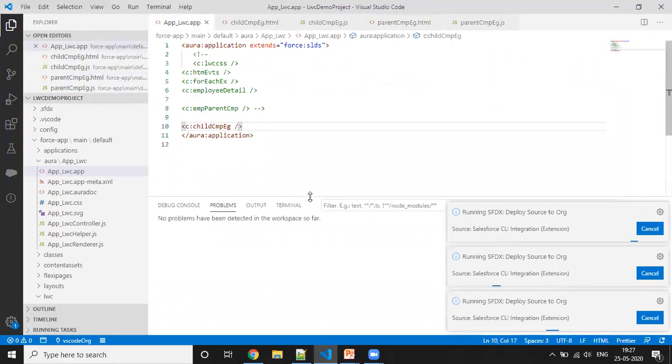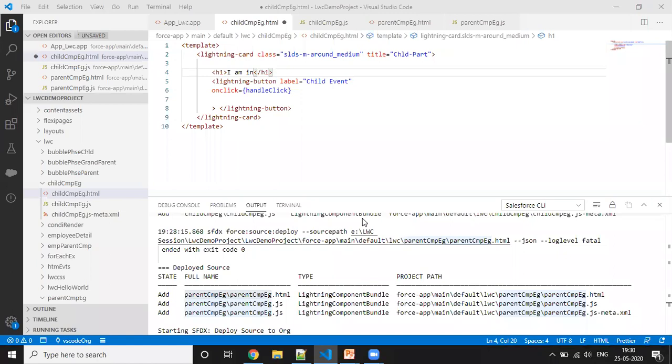While it is getting deployed, let me explain more. I'm just defining one h1 tag here: I'm in child component. Save this.